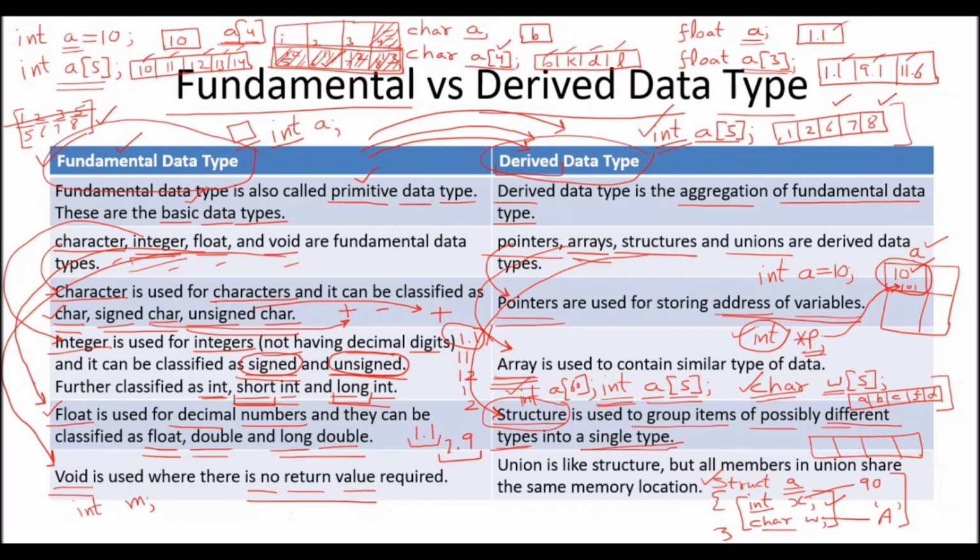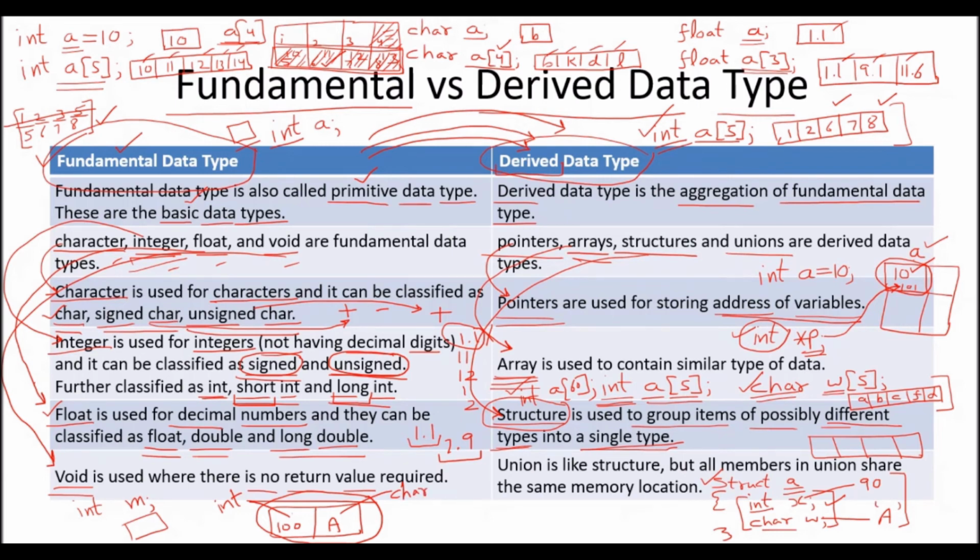Okay. But let us suppose that I have to create a block. This was the block for integer. Now I have to create a block where I want that there should be two parts. One part will store the student marks, and one part will store the grade of the student. Let us suppose A grade or B grade. This time this complete block is having two values, and the two values are different. 100 is of integer type and this is of character type.